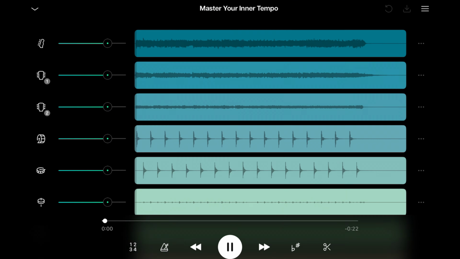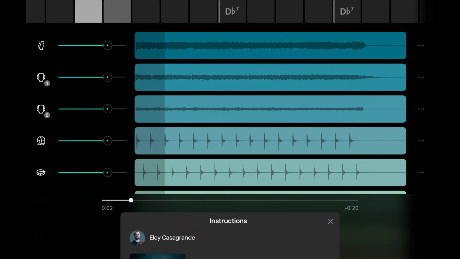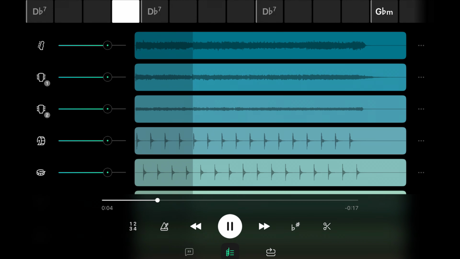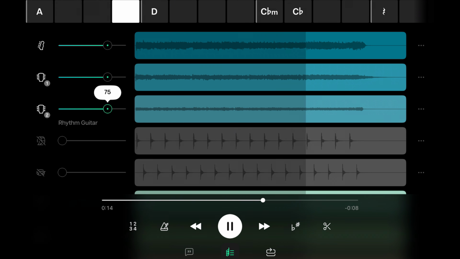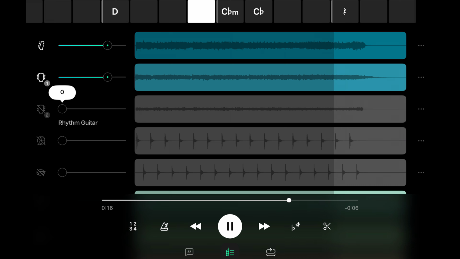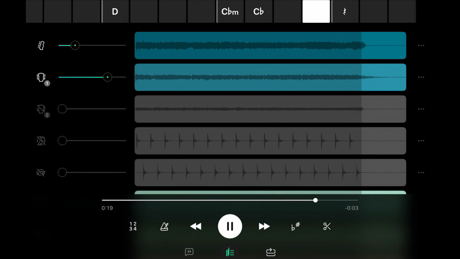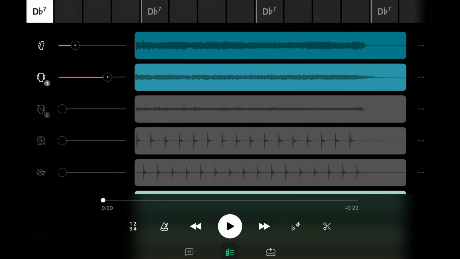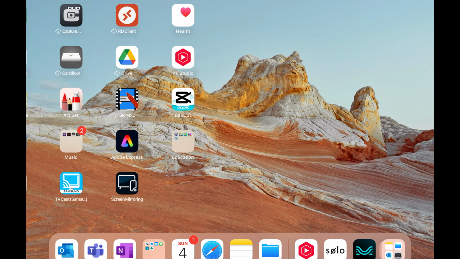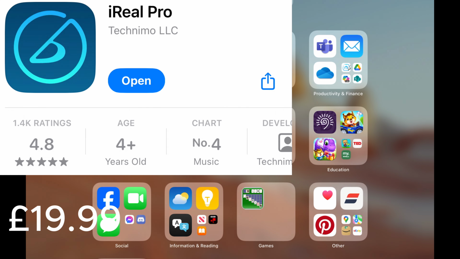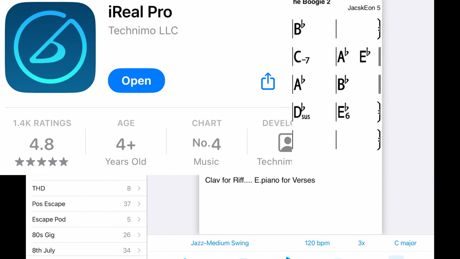this has built a little mix for me, and I can rechange this to see what parts of the stems or what parts I want to hear. So this could take the kick out and just leave the snare. It can take the rhythm guitar down or off, and it just gives me a complete section there, and it's fantastic if you're trying to practice or learn a song. So that's Moises. This is the one, my Desert Island app for guitar and any instrument really, is the iReal